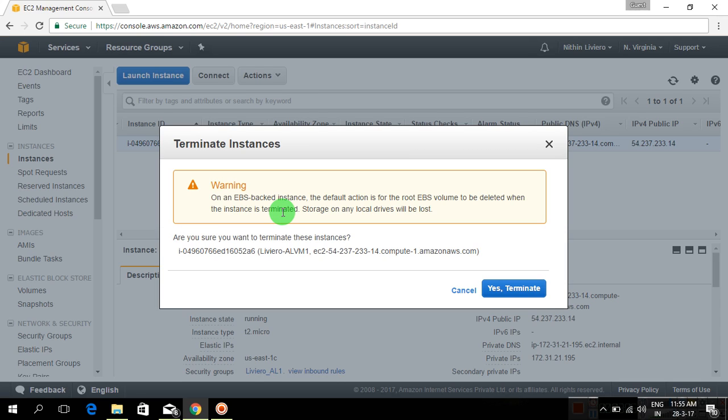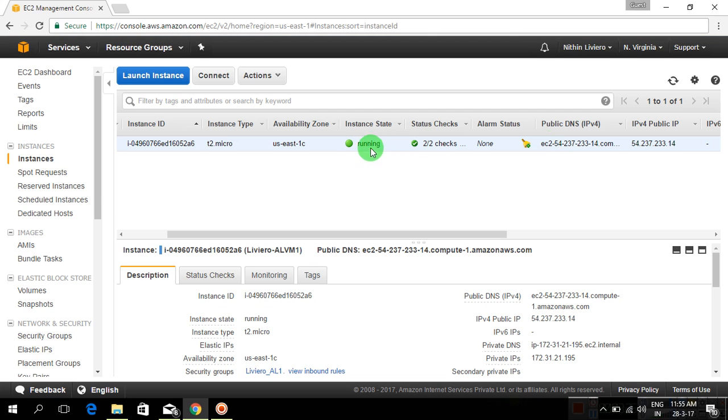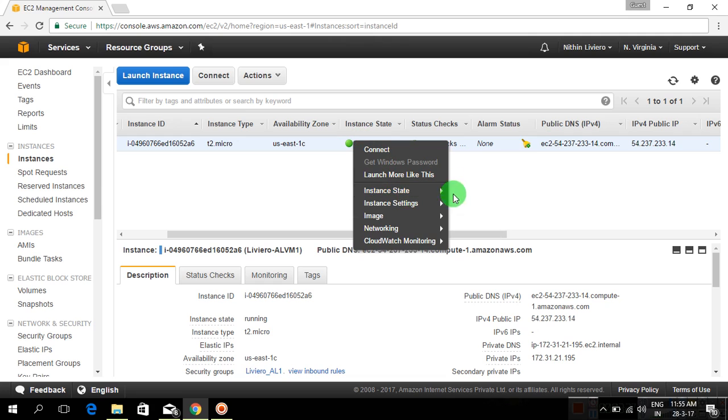So if you want to save that, you've got to make different settings wherein you retain that volume or make a copy of that AWS volume. There are multiple other ways to do that. But if you want to completely delete or terminate an instance, this is how you do it. You just right click, and there are people who turn it off first and then terminate. But if that instance is of no use to you, then I would directly go ahead and terminate the instance. So you right click,